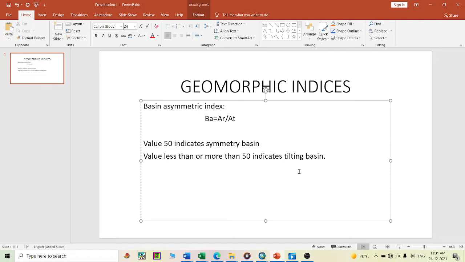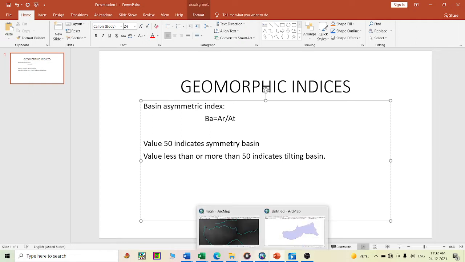From a topo sheet, you just delineate a basin area and with the help of a planimeter you can do it. But today I show how to calculate this index in a GIS environment.